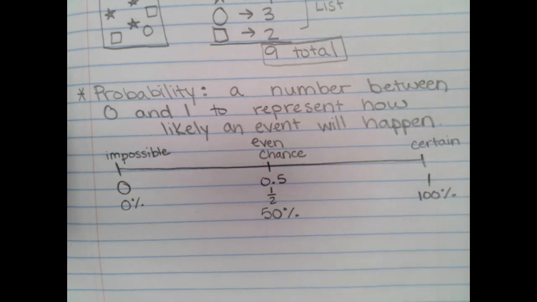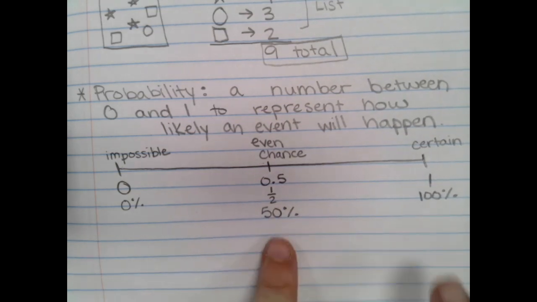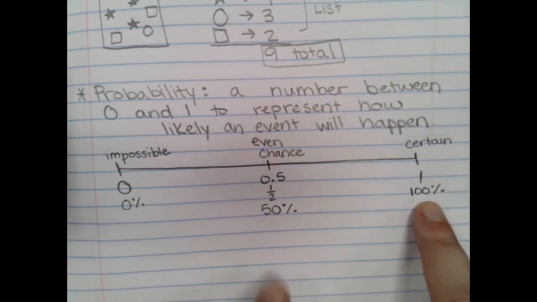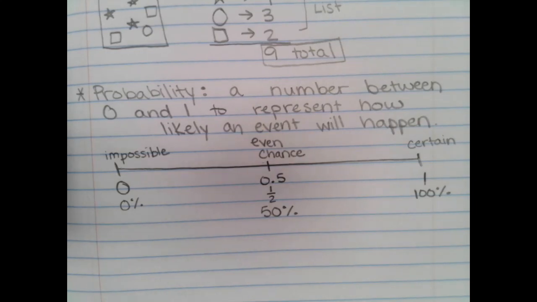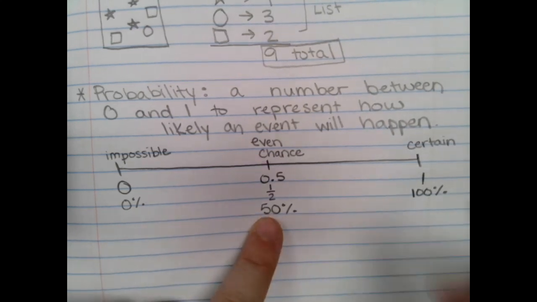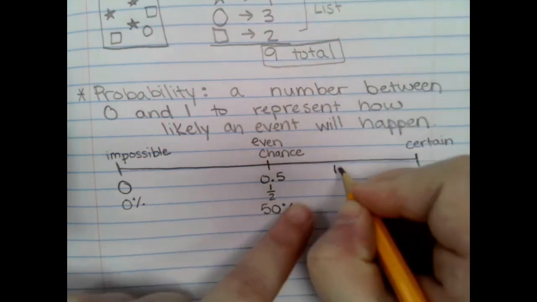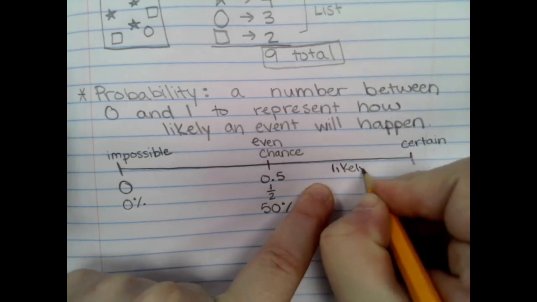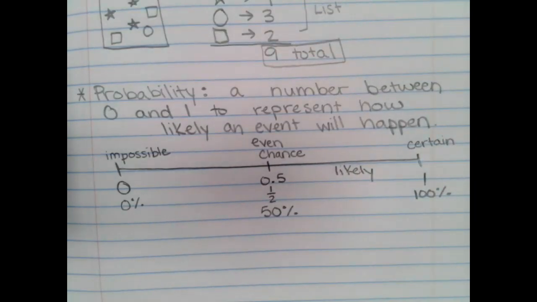All right, so then if it's between 50% and 100%, so let's say it's an 80% chance of rain today, does that mean it will probably rain or it won't probably rain? It probably will. So as we go 50 to 100%, that turns into our likely. It probably will happen, but we can't guarantee it. So like scale